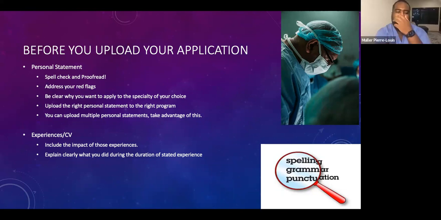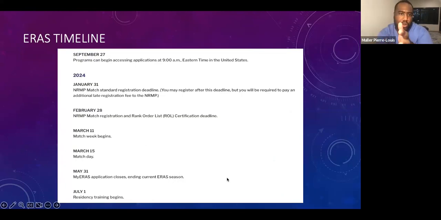And I have a statement about the whole NRMP signing up for that, as well as when you submit your application. You should aim to submit your application on the first day that it's due. So if it's September 27th, before you go to sleep on September 26th, you should already have authorized and signed your application, because there's thousands of people who apply on that day, and it gets timestamped, and everyone